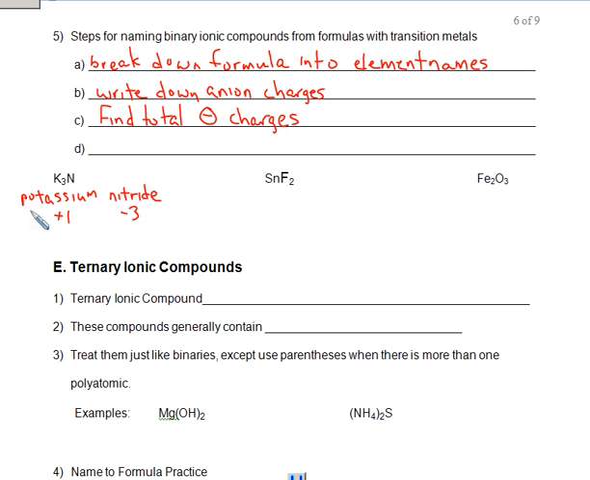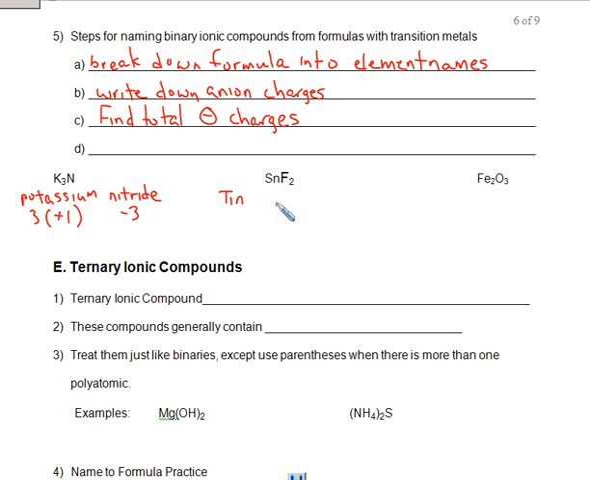Now, we've got 3 of them, since it's K3. So 3 times +1 cancels out a -3. These two cancel each other out. Now, what we're going to have to do on this one is break the formula down into the element names. So we've got tin,